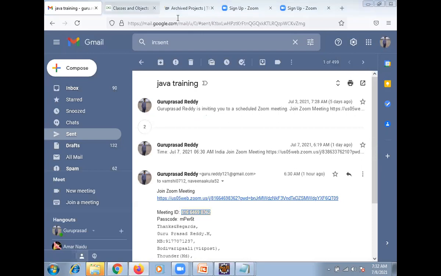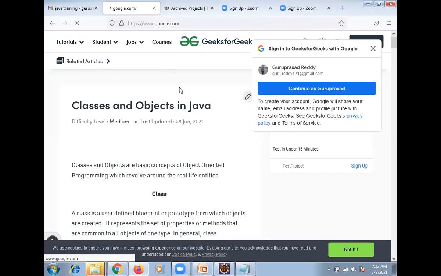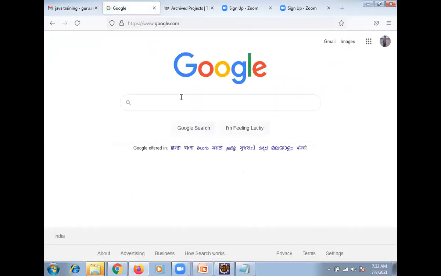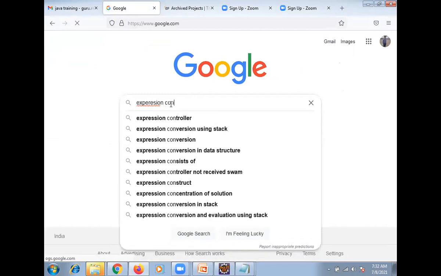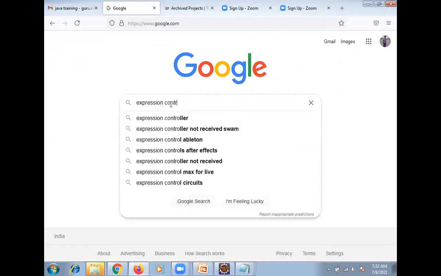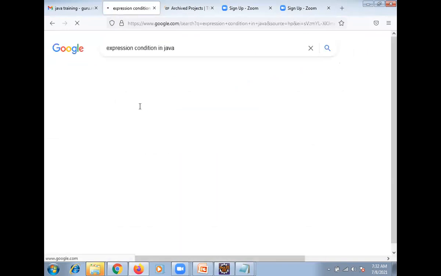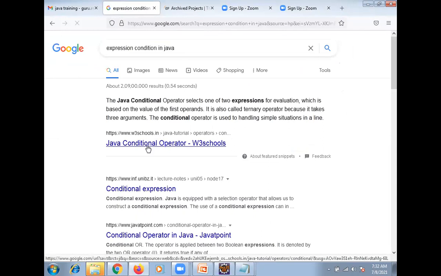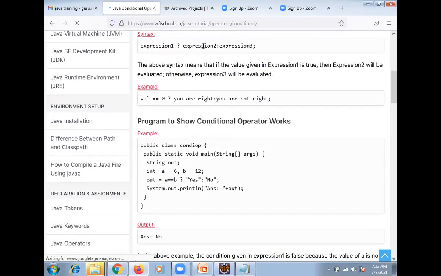You can see the bitwise operator and instanceof expression also. See, expression 1, then expression 2.